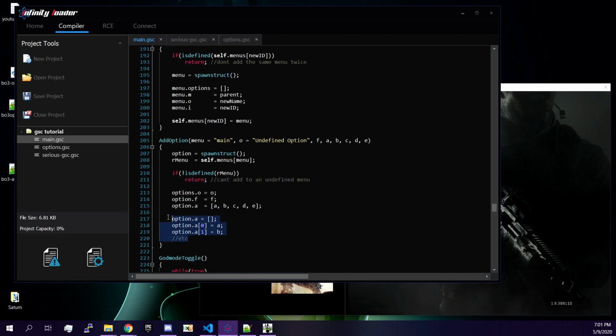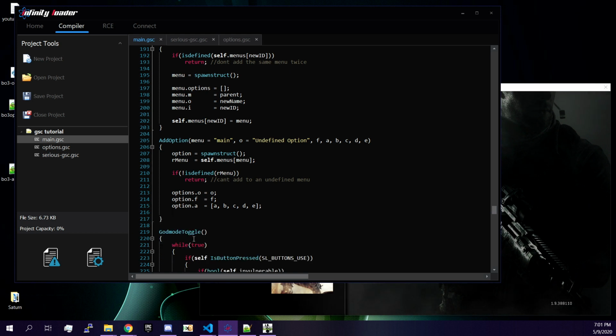This is only for GSC Studio. Like I said, I'm not supporting this in this series, but I just want to go ahead and clarify that because I know there are people that are following along using GSC Studio or GSX Studio. Anyway, then we will go ahead and do